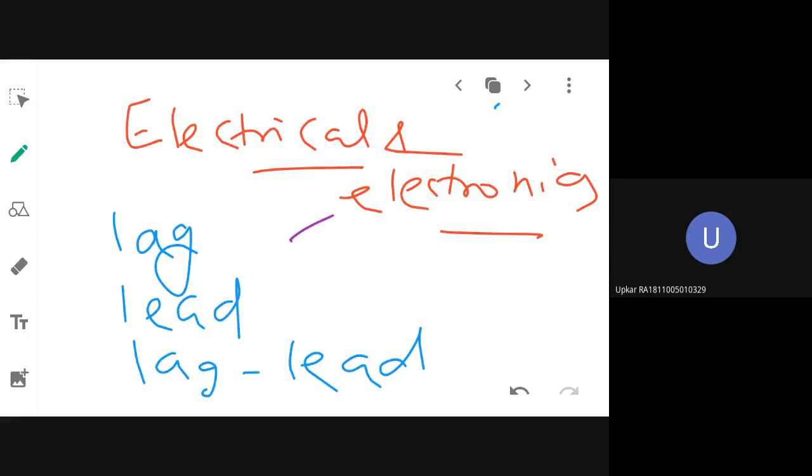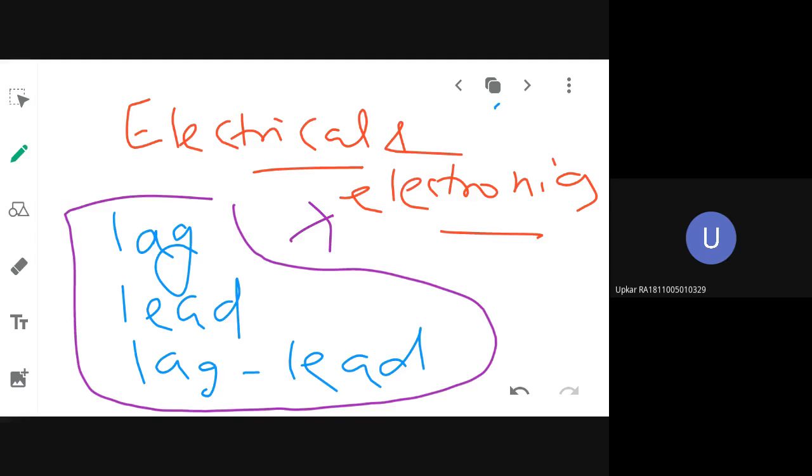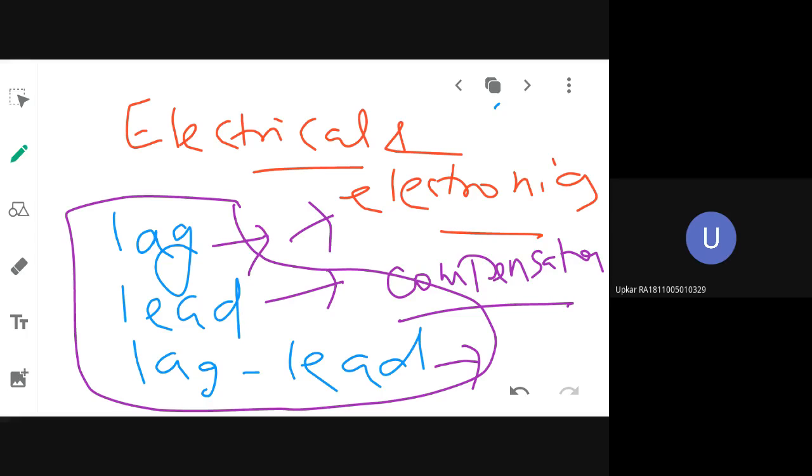If you want to do this type of implementation, then there are three methods that are possible. Already we have done one experiment based upon these compensators. So if you are to implement a compensator using electrical or electronic components, there are three ways in which you can do that. One is by adopting a lag compensator method, or by using a lead compensator method, or by using a combination, that is lag-lead compensator. In this unit we will be learning how to design all these compensators in the frequency domain, when frequency domain specifications are given, by using a Bode plot approach.